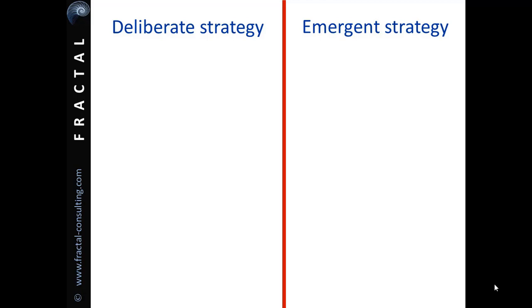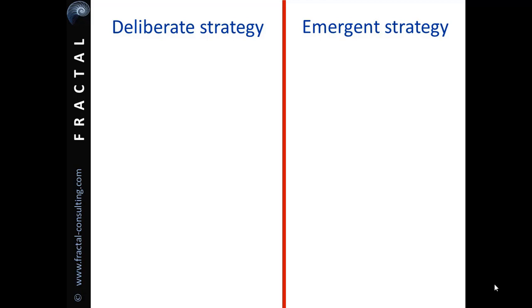By contrast, emergent strategy sees the strategic direction of the organisation being driven by a set of forces that influence both actions and decision-making of the management team. As Mintzberg said, strategy is a pattern in a stream of actions. So emergent strategy literally is the strategy which emerges, the one which the organisation actually executes, whatever the intentions of the senior team.